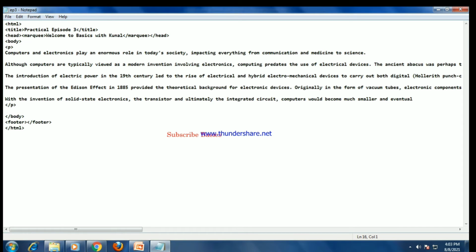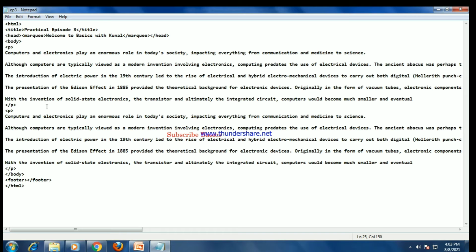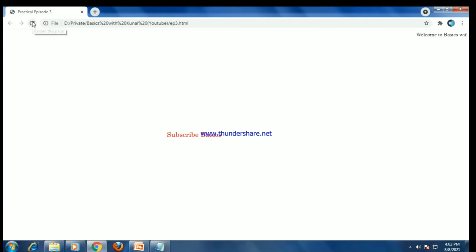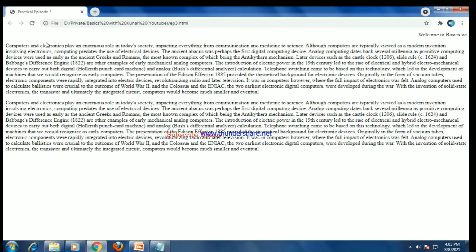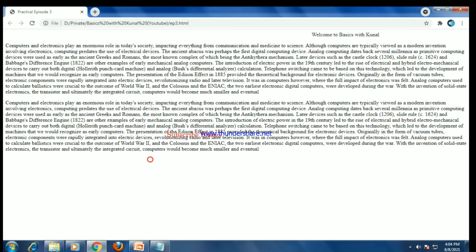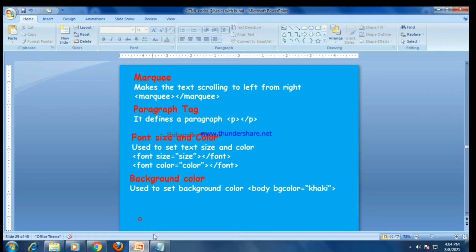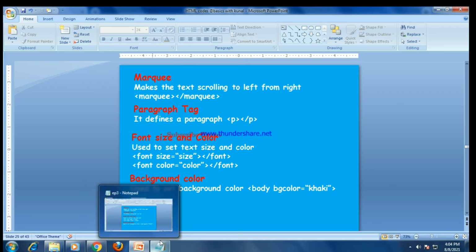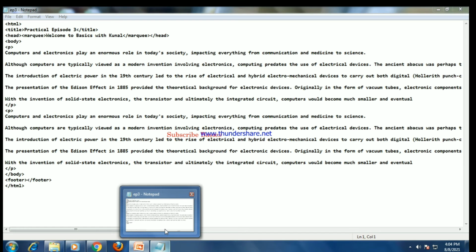And suppose again I introduce the paragraph tag, then again close it. Here let's paste again. Now let's save it. You can see they are coming in 2 lines. We have not used the br tag, but we are getting the result because we have used the paragraph tag.